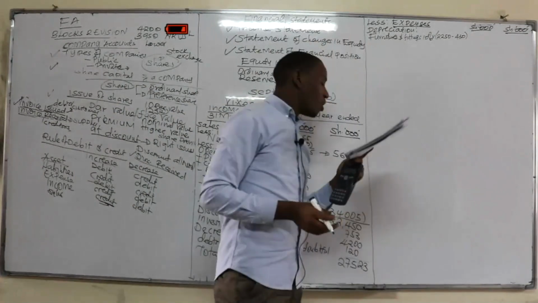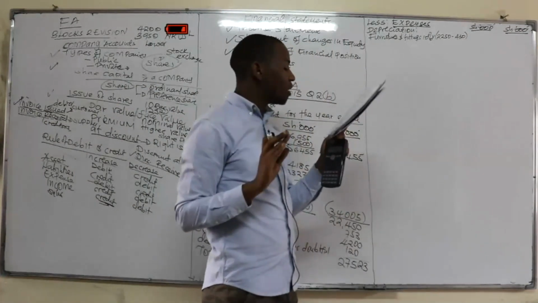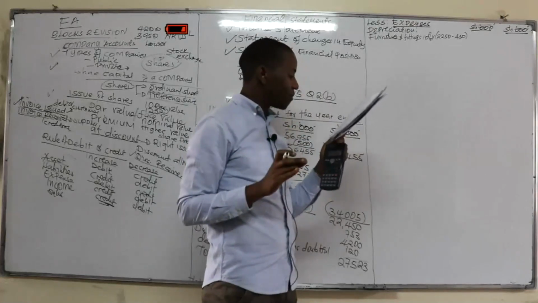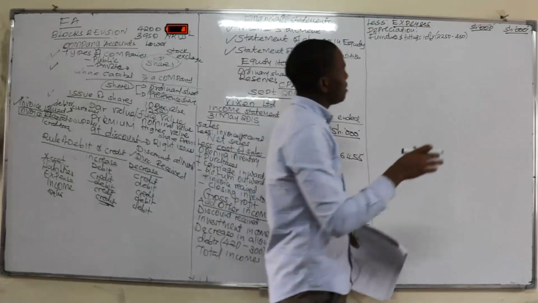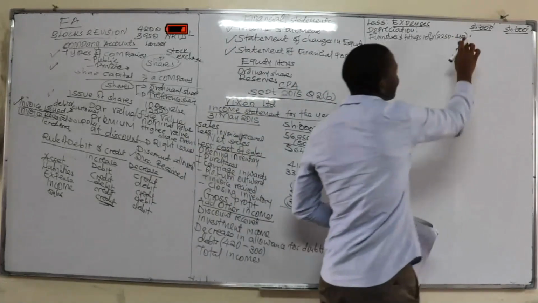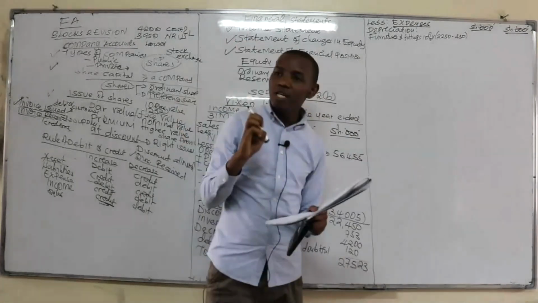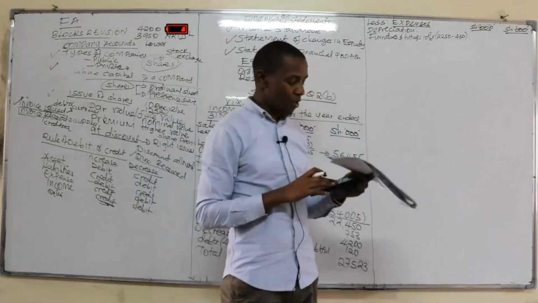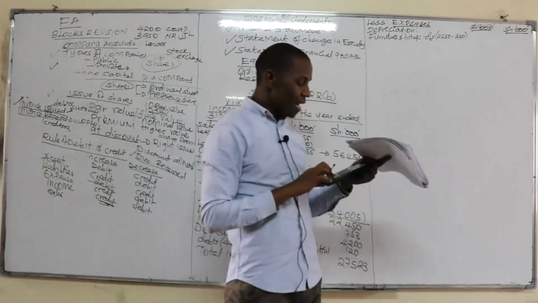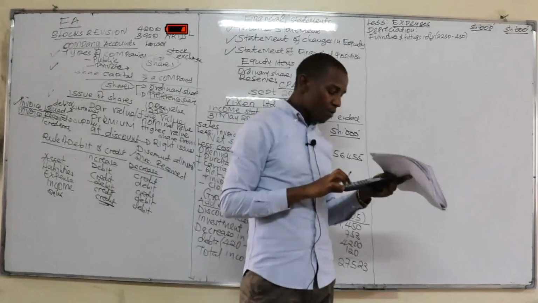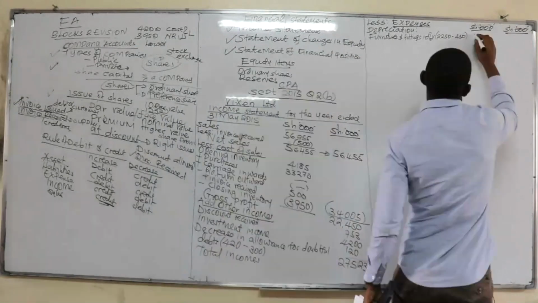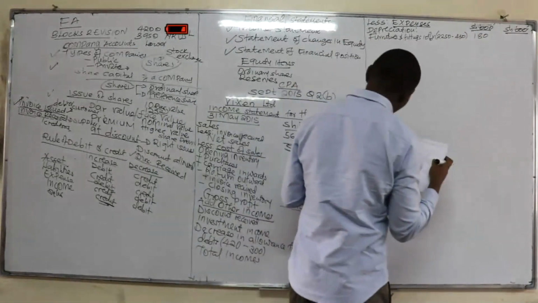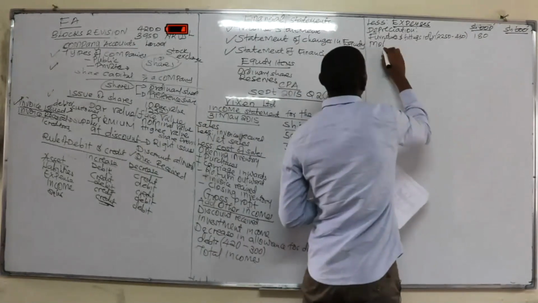450. So we have the furniture and fittings, which is 2250. And then we have the provision for depreciation. So when you take this cost minus the 450 provision for depreciation, which is the accumulated depreciation, you will get the net book value. And after you get the net book value, from there you can get the depreciation, which in that case will be 180. Then we also have the motor vehicle.